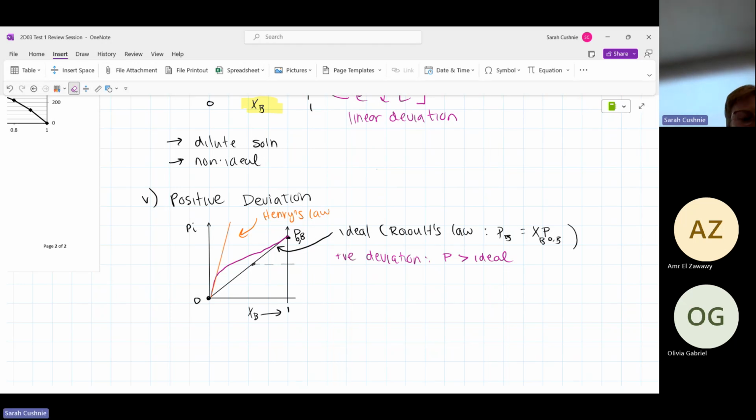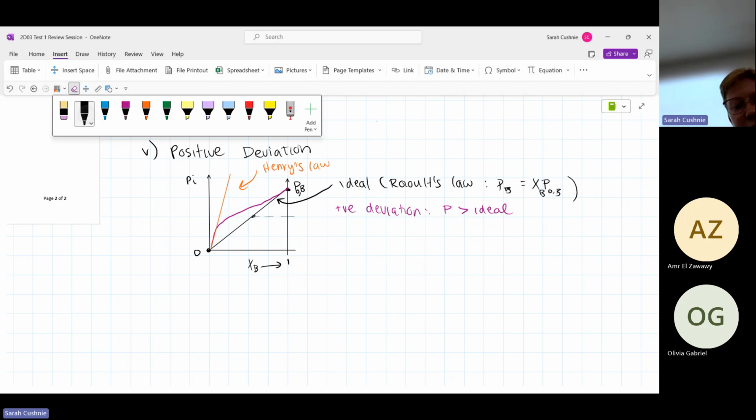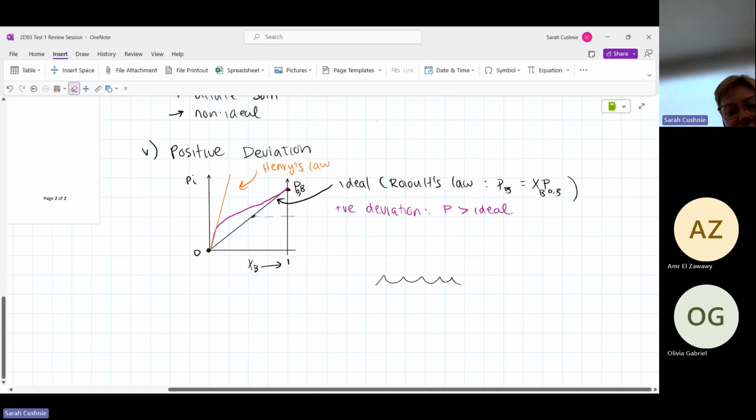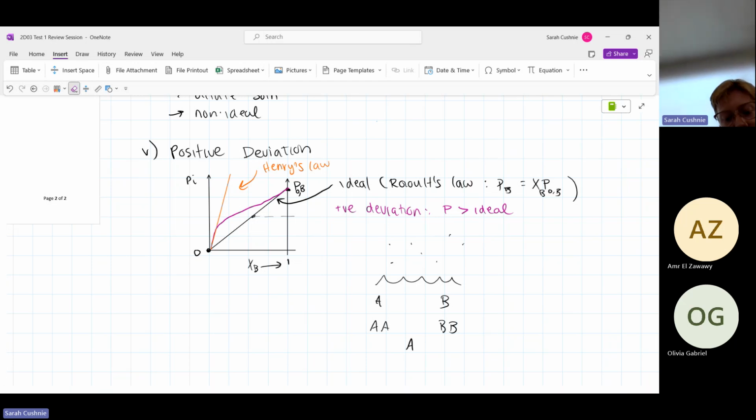We have the solution, right? So we can think of, again, we have a liquid, and then we're measuring the gas up above. And we have A and we have B in the solution. So we can have A and A bonded together, we can have B and B bonded together, or we can have A and B bonded together. And what the system wants to do is minimize the total energy of the system. That's the core concept behind all of thermo, that we want the minimum energy possible. So it's going to form a proportion of AA, BB, and AB bonds depending on what is lowest energy.